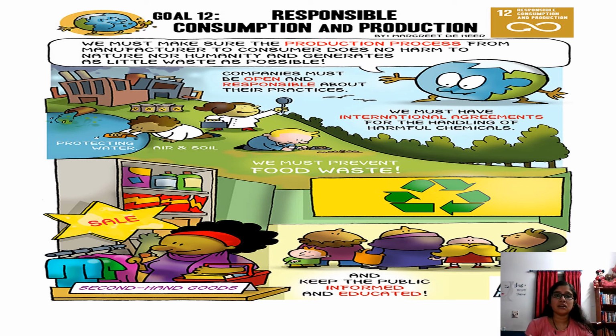And then if you look at the picture, you can see they are talking about protecting the water, food wastage, and already we have seen this symbol here which talks about reduce, recycle, and reuse, isn't it? So we have already seen it through the book, this one, carbon footprint, where they are talking about how to reuse certain things, how to reduce using certain things, like reduce using plastics, or even if you use plastic, reuse it, don't throw it down like that. Okay, reuse it again and again, and you have to recycle certain things. So that will help the earth to be very clean, and we are not polluting.